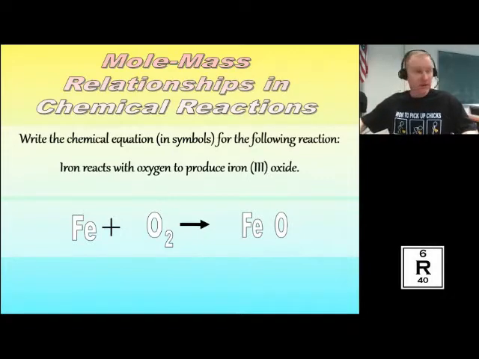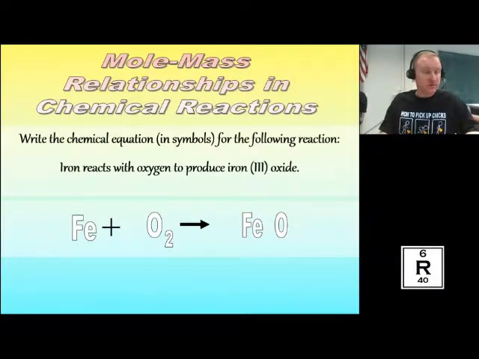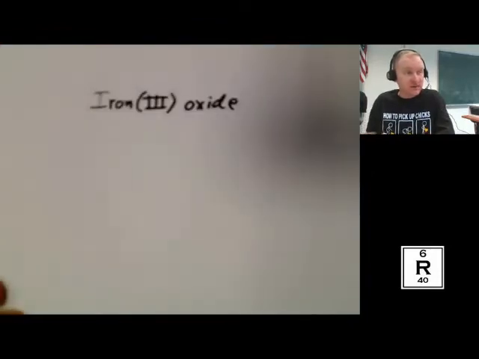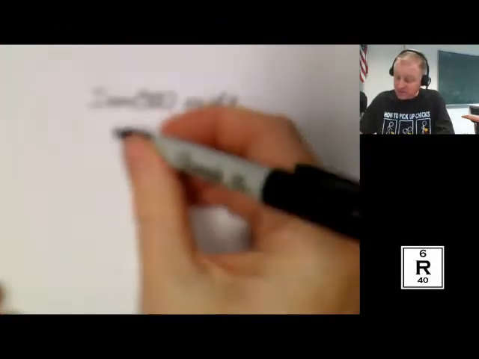Let's go real quick again about learning how to do our ionic compounds. Iron 3 oxide. The 3 means that the charge of the iron is +3. So that's iron 3,